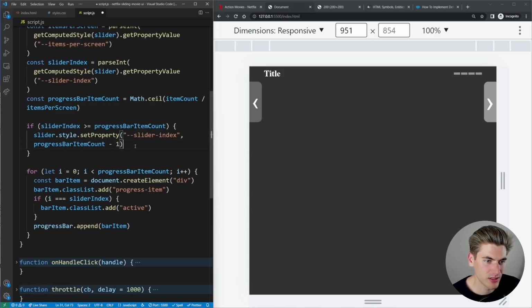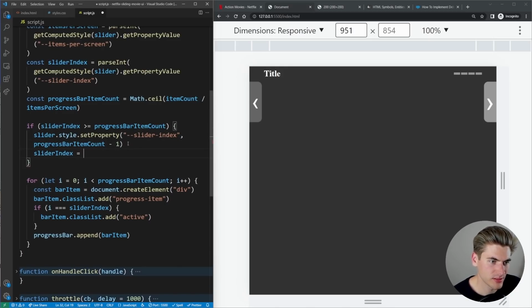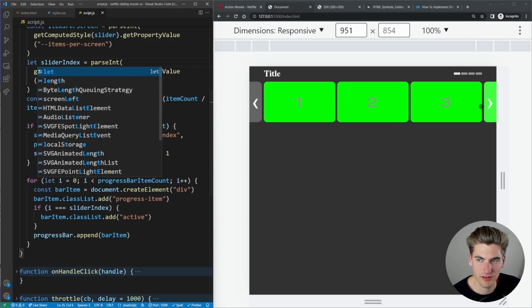Yeah, that should work. And then we can say slider index is equal to that. Make this a let. Let's see if that works.